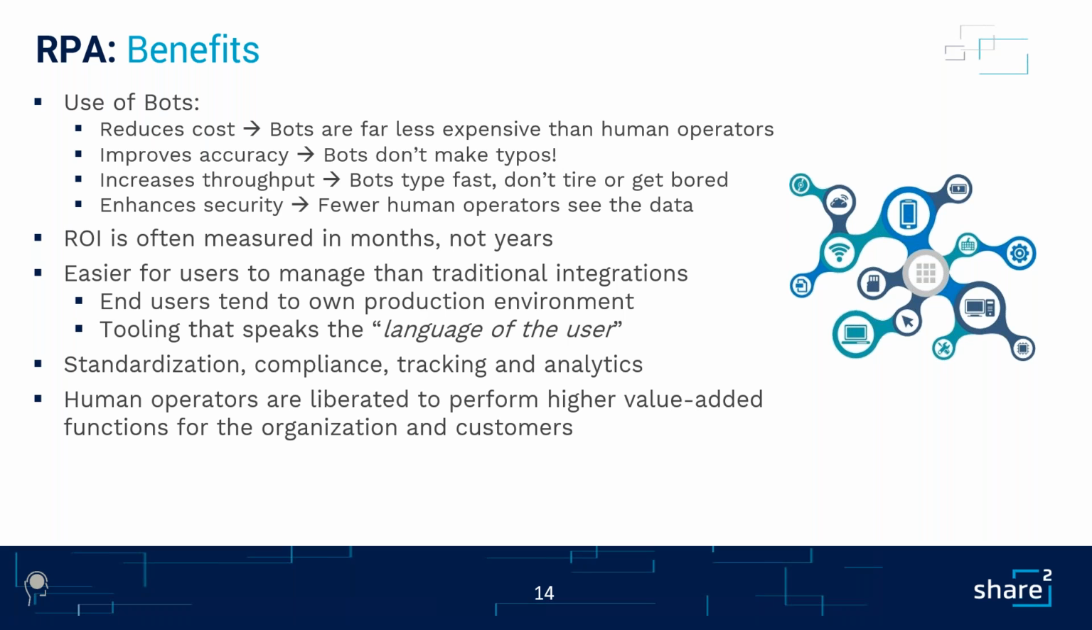Standardization and compliance. When you have a process done by a bunch of human beings, you're going to have a lot of variation in your process. So when you implement RPA, you have to teach the bot one way to do it. You can't teach it the way Joe does and the way David does and the way Jim does. So you're forced to standardize and document the process, which makes it more compliant, makes it easier to track, and